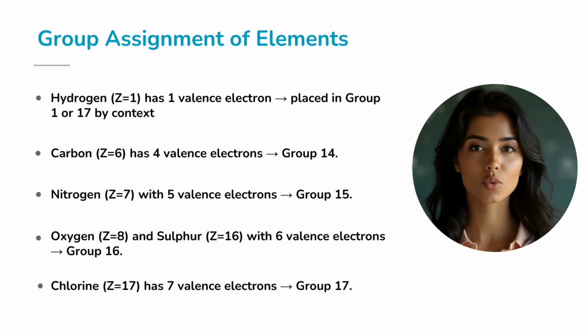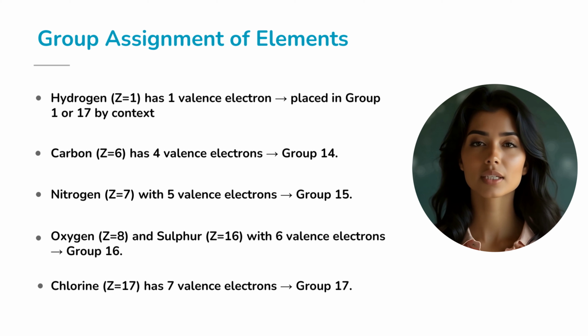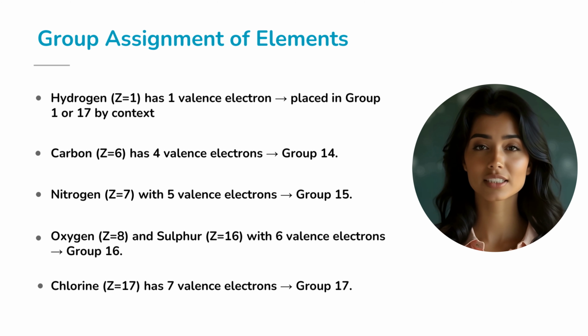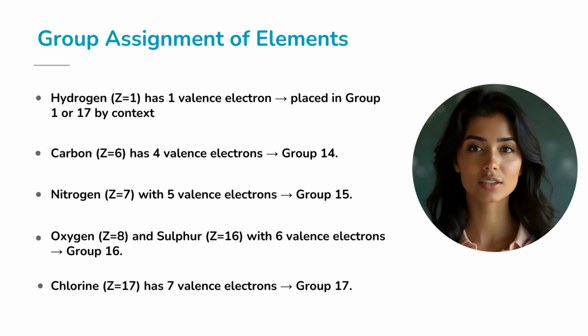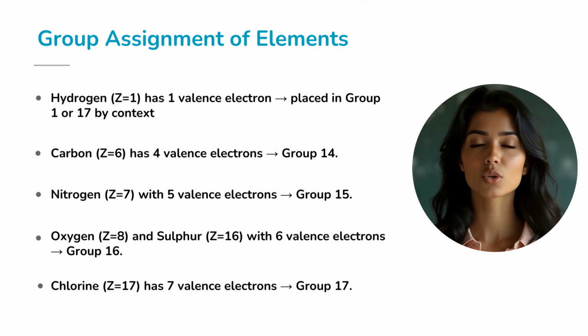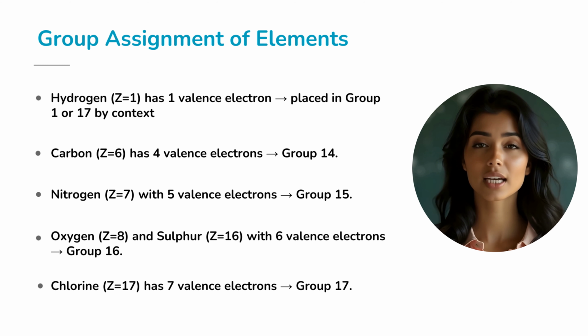Hydrogen, atomic number 1, has one valence electron and can be placed in group 1 or 17 depending on context. Carbon, with atomic number 6 and 4 valence electrons, goes into group 14. Nitrogen has 5 valence electrons, so it belongs to group 15. Oxygen and sulfur both have 6 valence electrons, placing them in group 16, and chlorine with 7 valence electrons settles into group 17. A quick glance shows that the periodic table is nothing but a systematic reflection of outer electron